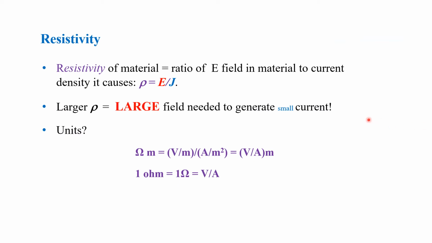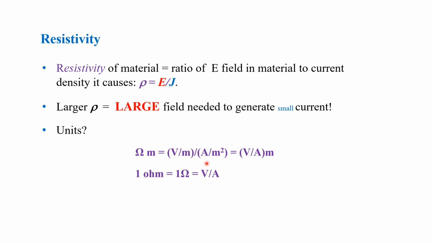The resistivity of a material, on the other hand, is the ratio of the electric field in the material to the current density it causes. That is, your resistivity rho is equal to your electric field over your current density J. The larger your rho is, the larger the field needed to generate a small current. And the unit for resistivity is the ohm meter, which is equal to volts